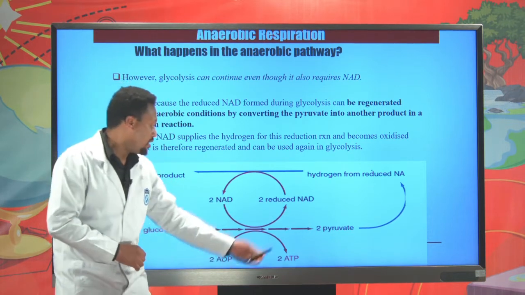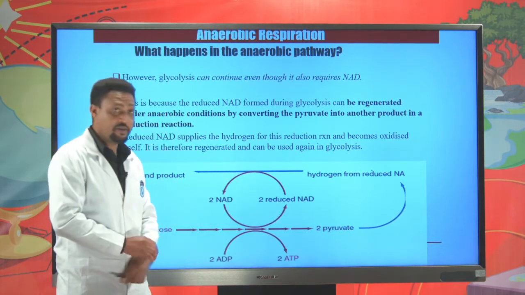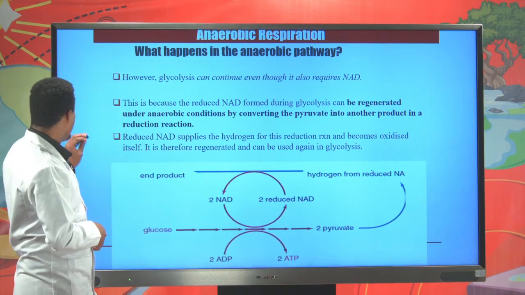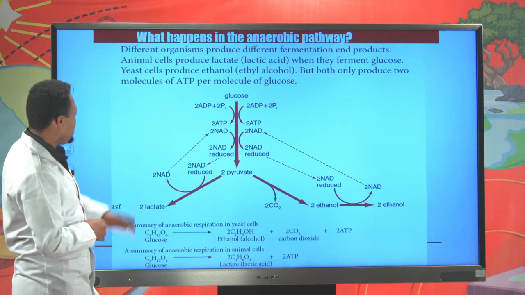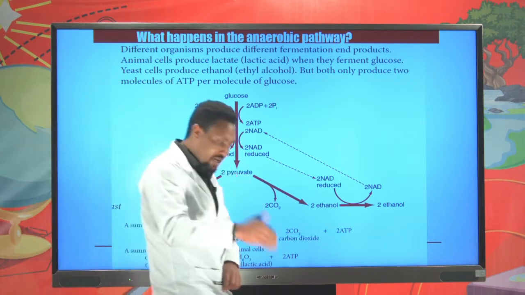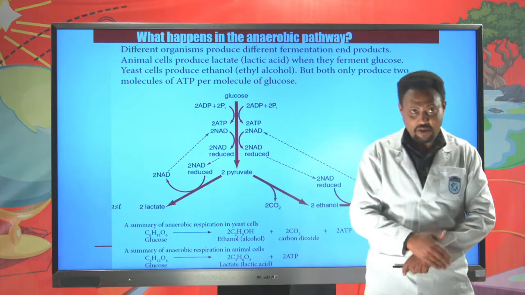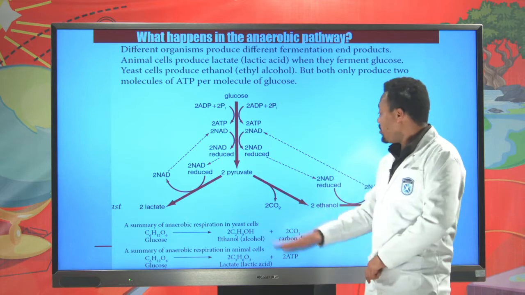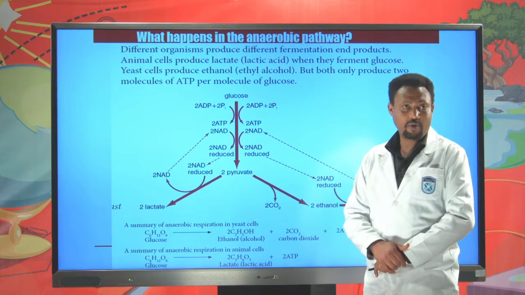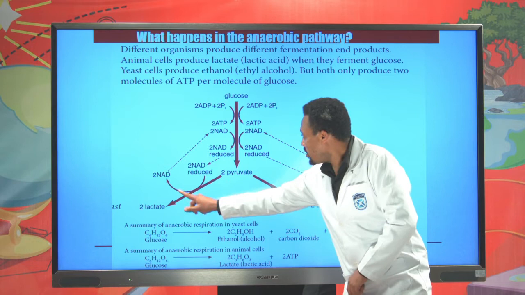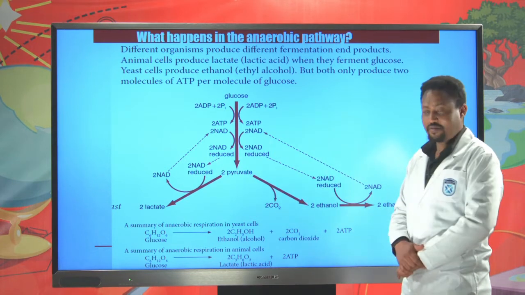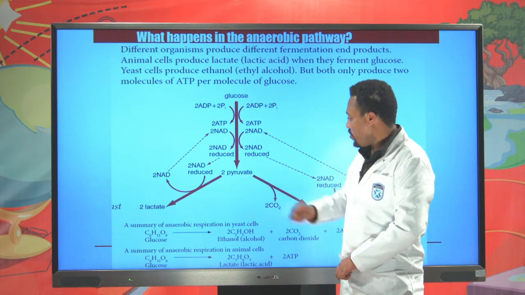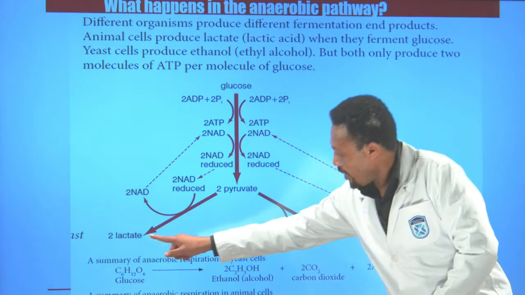But how can we return or oxidize this NAD back again? For that, cells usually use a different mechanism. In order to recover NAD back to its oxidized state, it will be changed to 2 different kinds of molecules so that this NAD, which is reduced, returns back to its normal state. For example, in the anaerobic pathway, glucose changes to 2 pyruvic acids and 2 lactate molecules are